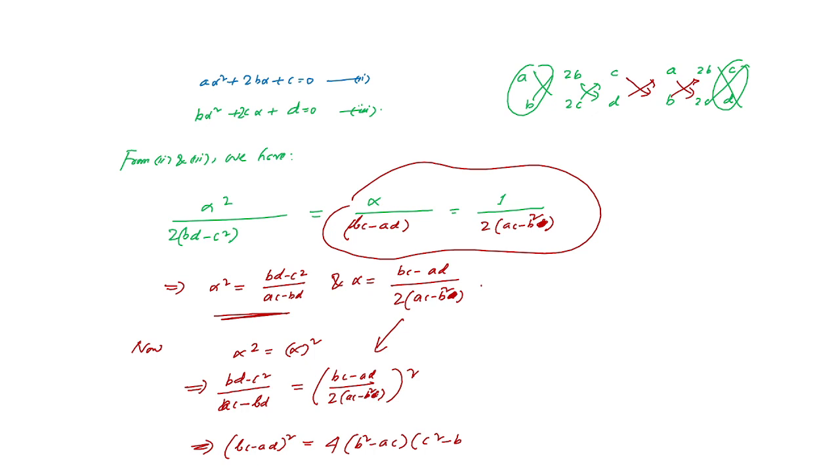So 2 into square. So c square, b square minus ac, c square minus bd. This is bc minus ad, ac minus bd. BC minus AD. BD minus C square. BC minus AD. BD minus C square by